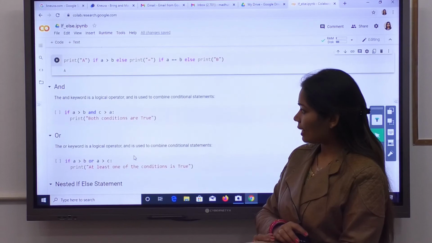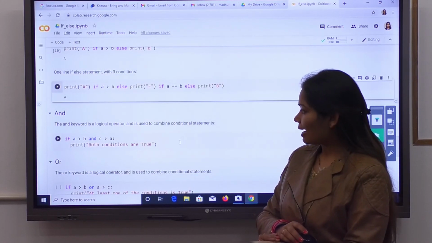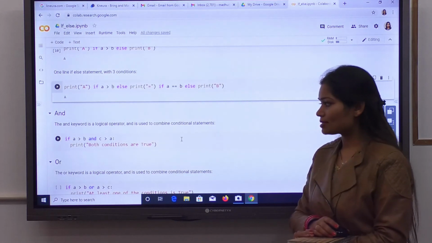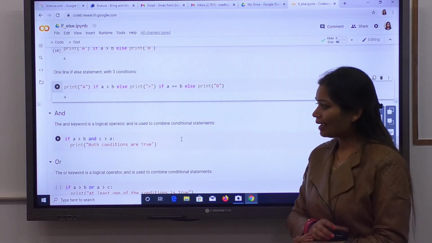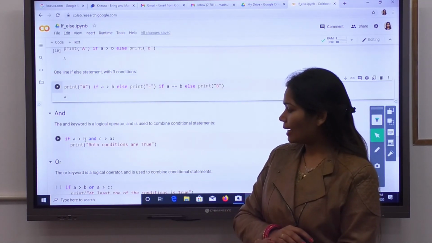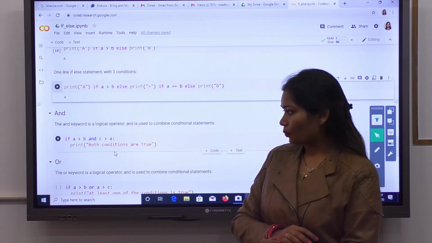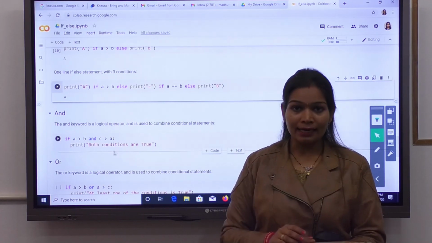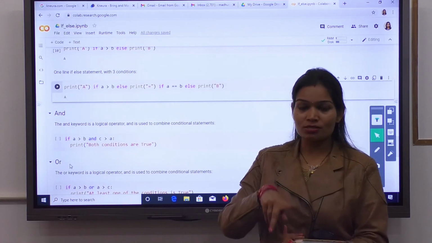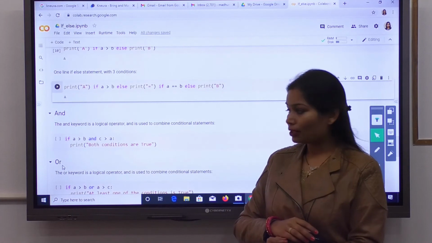Next, AND. The AND keyword is a logical operator and is used to combine conditional statements. So if A is greater than B and C is greater than A, if both the conditions are true, then you will get a true output here.